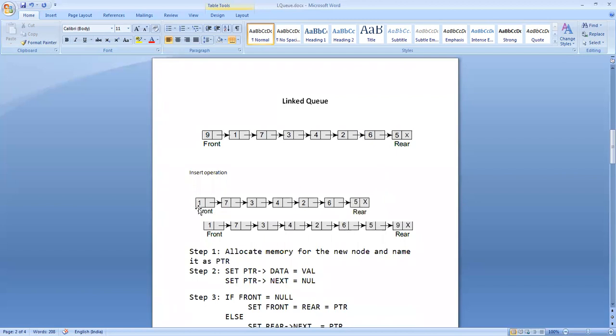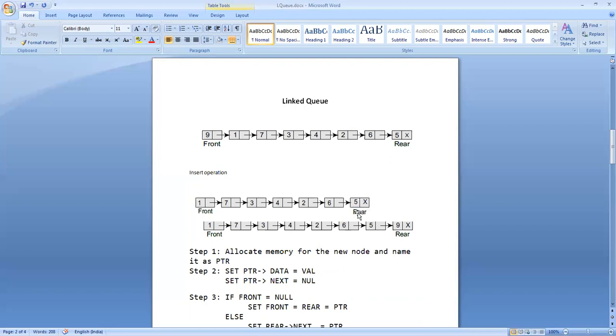The front is pointing the first node, rear is pointing the last node. Here I am going to insert a new node, maybe 9. For this I create an empty box, and in this information area I put the value 9.